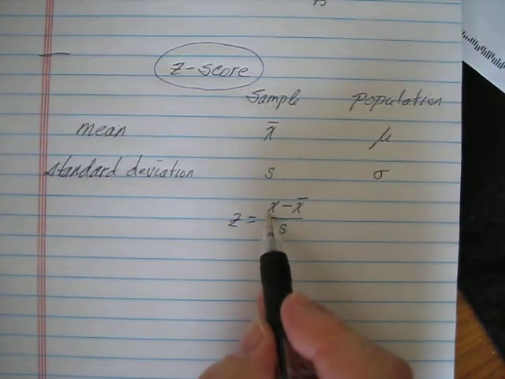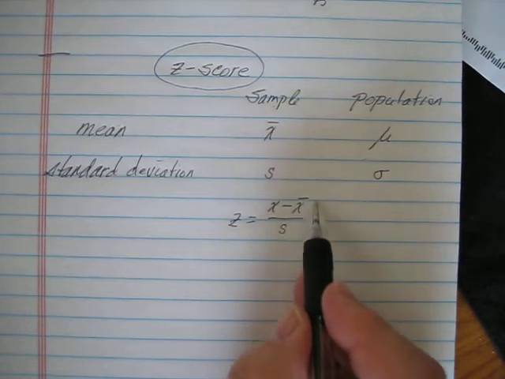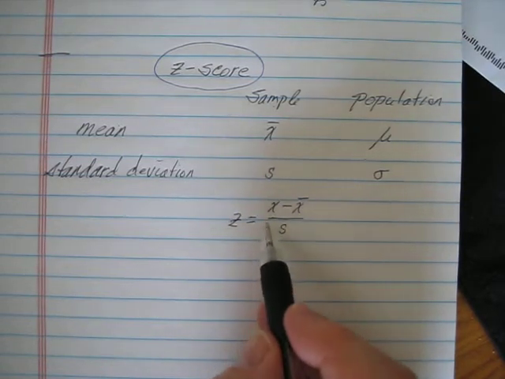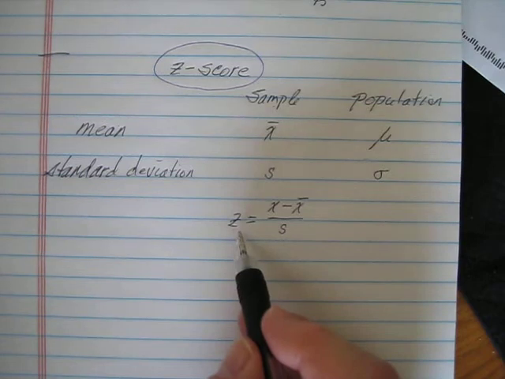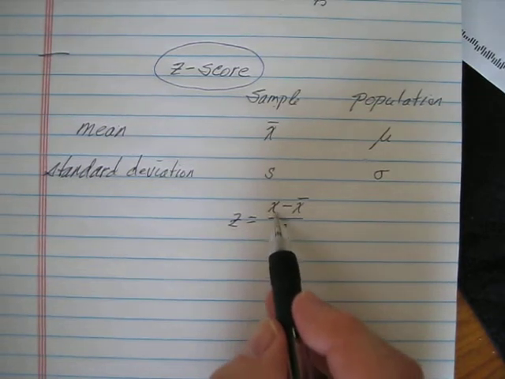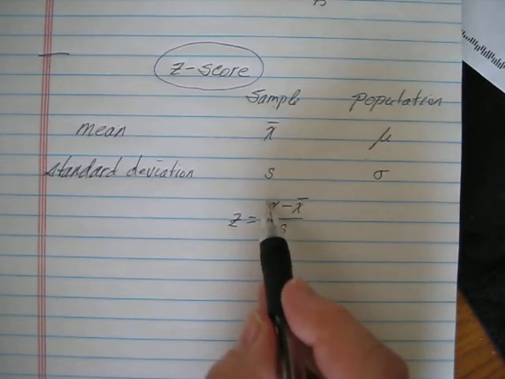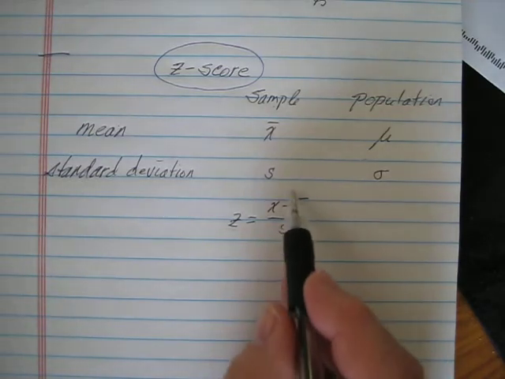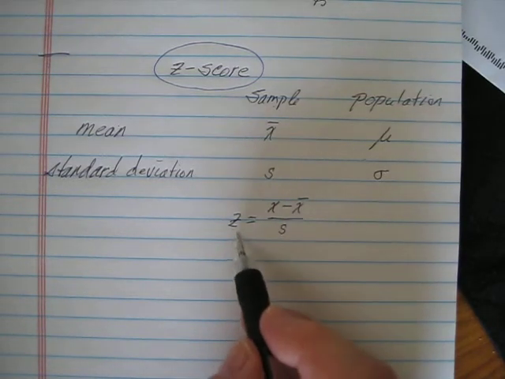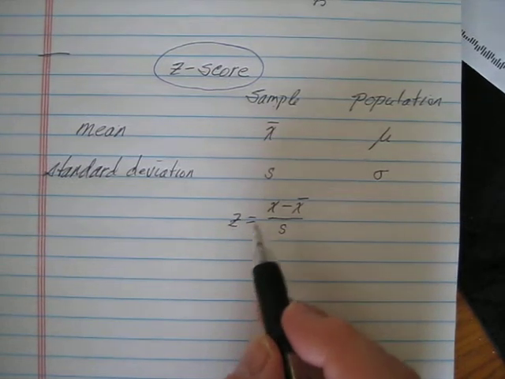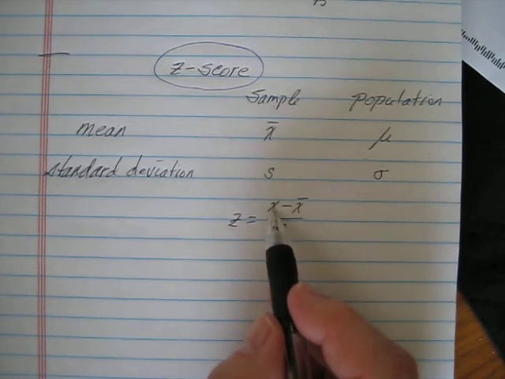If x is larger than the mean, then this part on top will be positive. So positive z-scores mean that we're above the mean. And of course you're going to see how far you are above the mean and then divide by the standard deviation. So the z-score is telling you how many standard deviations you are above the mean,